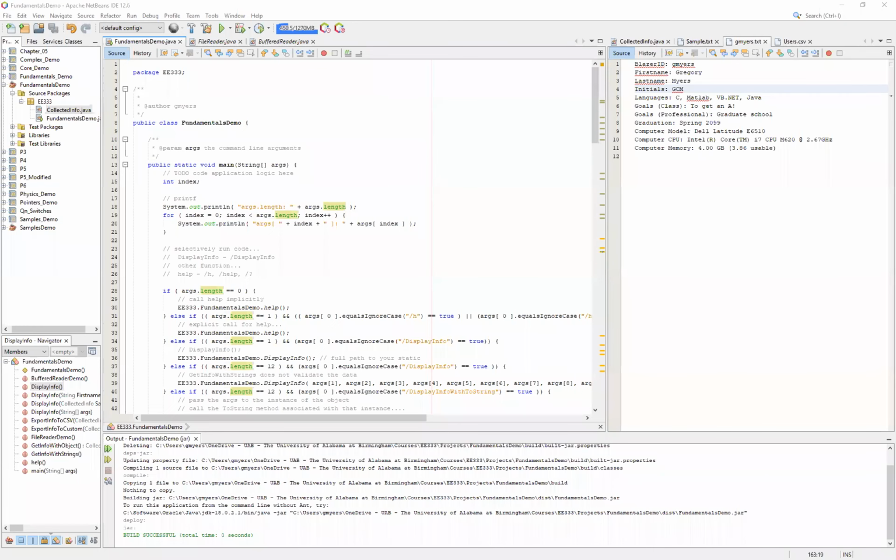Hello and welcome. In this video, we're going to take another look at our fundamentals demo, and we are going to focus on the ability to import info from a custom format text file. This video assumes that you have followed along with fundamentals demo, and specifically that you will have looked at the videos associated with our file reader and buffered reader, as well as understanding how to export the info to a